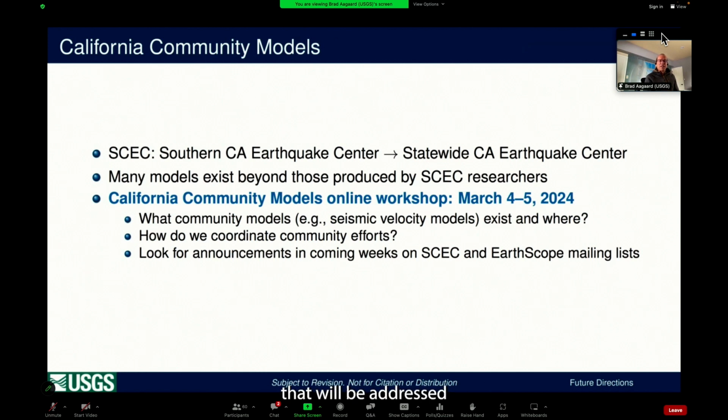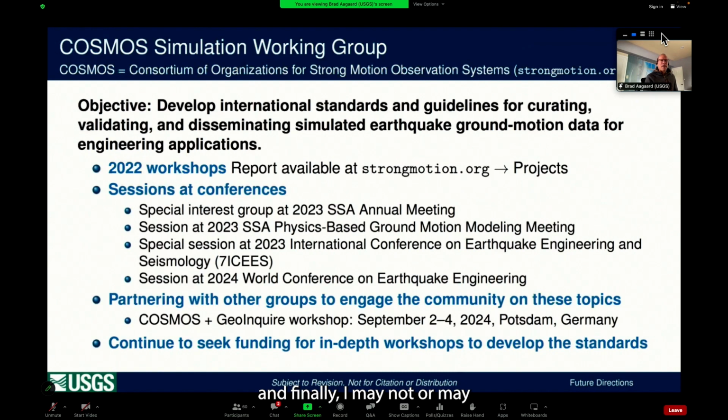Some of the questions that will be addressed in that workshop are: what community models exist and where within the state of California? How do we coordinate community efforts? If you're interested in participating in that workshop, look for announcements coming out on the SCEC and the ERSCOPE mailing list. And finally, I may not be able to participate in the end discussions today